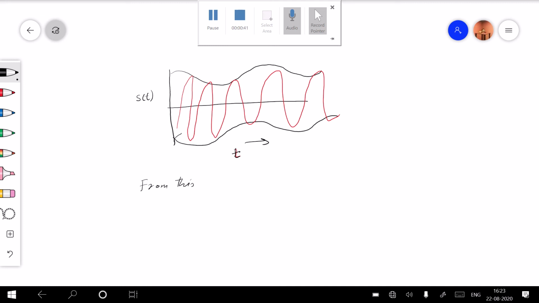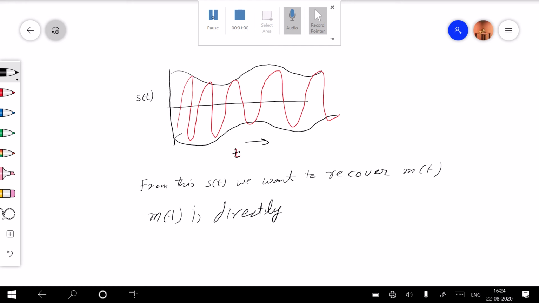From this s(t), we want to recover m(t), the modulating signal, which in this case